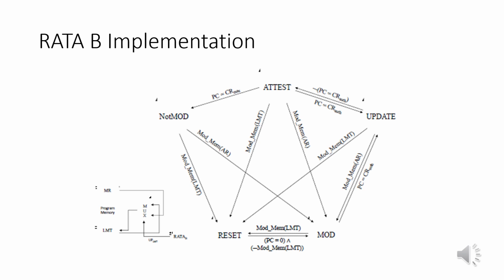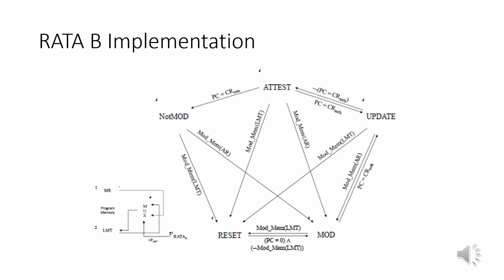If a software modification of the last modified time is attempted, the finite state machine triggers reset immediately, regardless of what state it is in. If no modifications are made to the attested range since the previous computation of attest, the finite state machine remains in not mod state. At any point in time, if a modification to the attested range is detected, the finite state machine transitions to state mod. This transition indicates that a modification occurred, although it neither alters any output nor modifies the last modified time. This is because the information to be written to the last modified time is not available at this time.